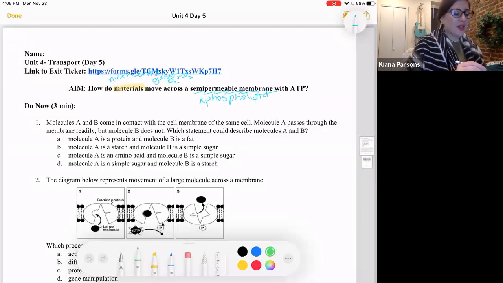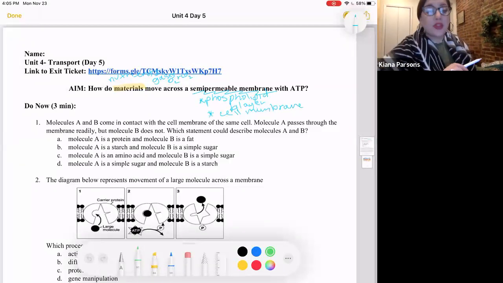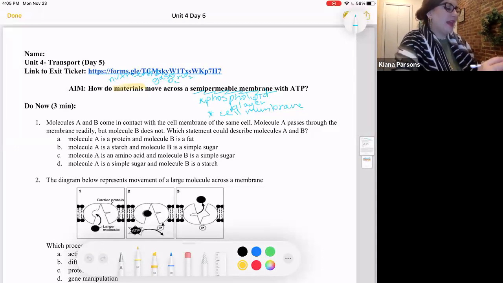Oops. Phospholipid bilayer and this cell membrane. And this is with the use of ATP. And ATP,